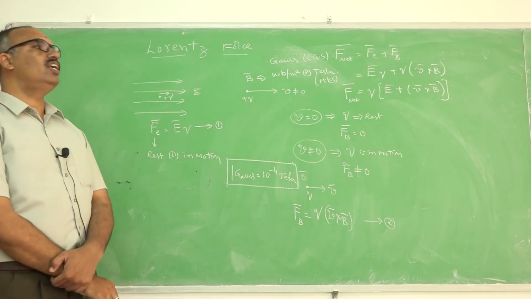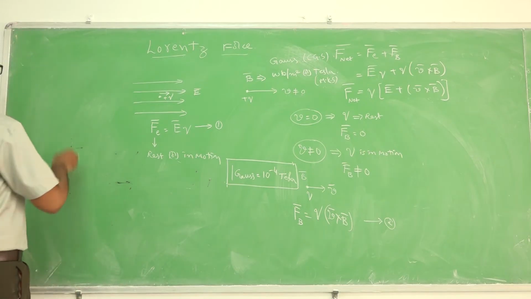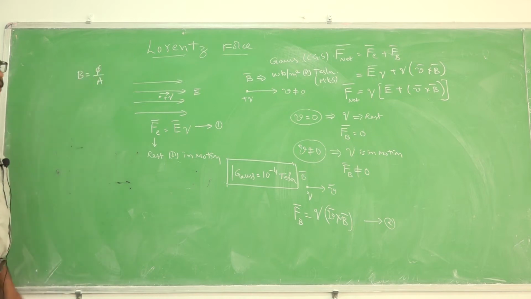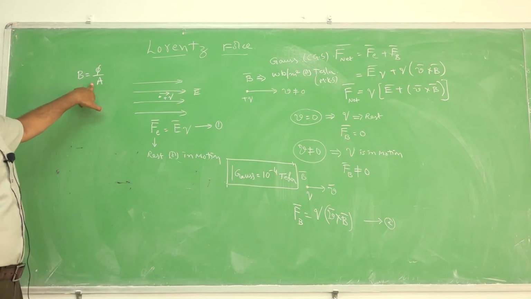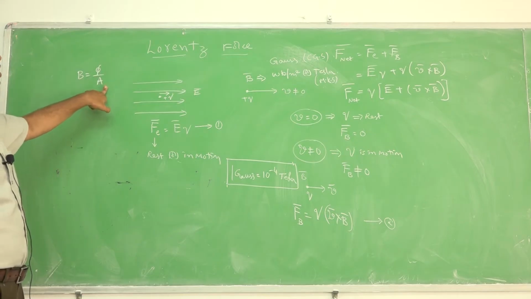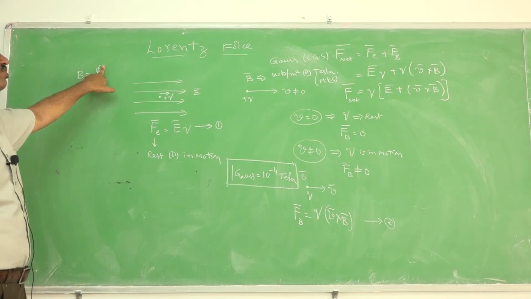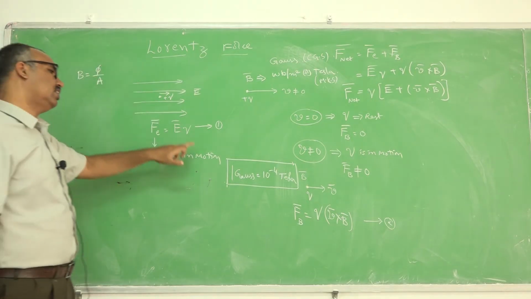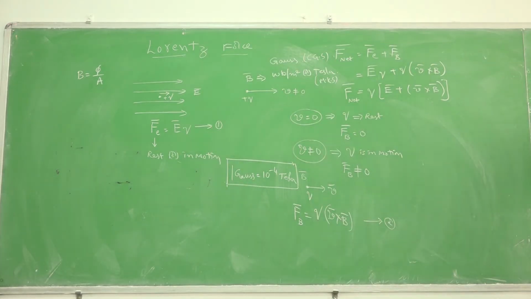Magnetic induction field has units Weber per meter square, because B can have another definition: magnetic flux passing through unit area. This definition we will discuss in the coming chapter. Already you studied it in 10th standard itself. Flux is measured in Webers, area is measured in meter square. Weber per meter square is called Tesla, the SI or MKS unit. The CGS unit is Gauss. They are related as 1 Gauss is equal to 10 power minus 4 Tesla. Now let us solve one problem related to this.